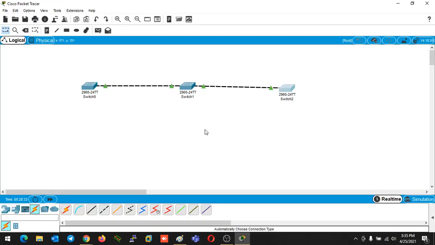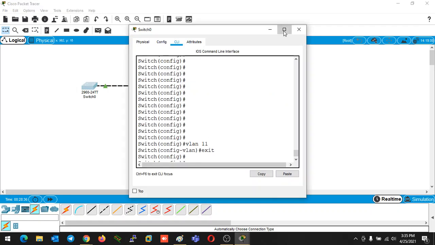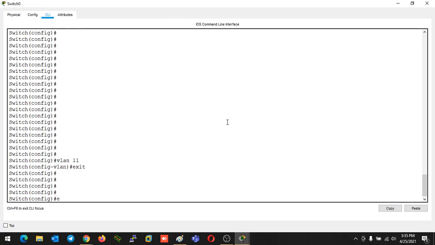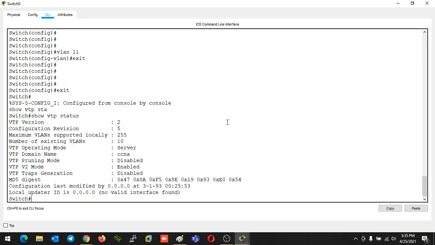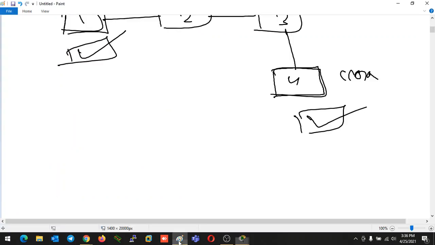After that, if I run one more verification command, show vtp status, you can see one more thing: the configuration revision number. Now we will try to understand what the configuration revision number, or simply the CR number, is.